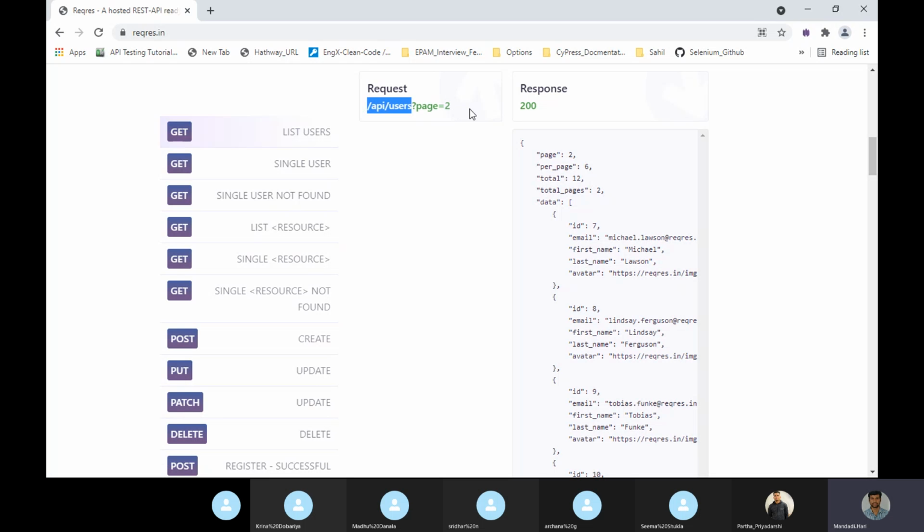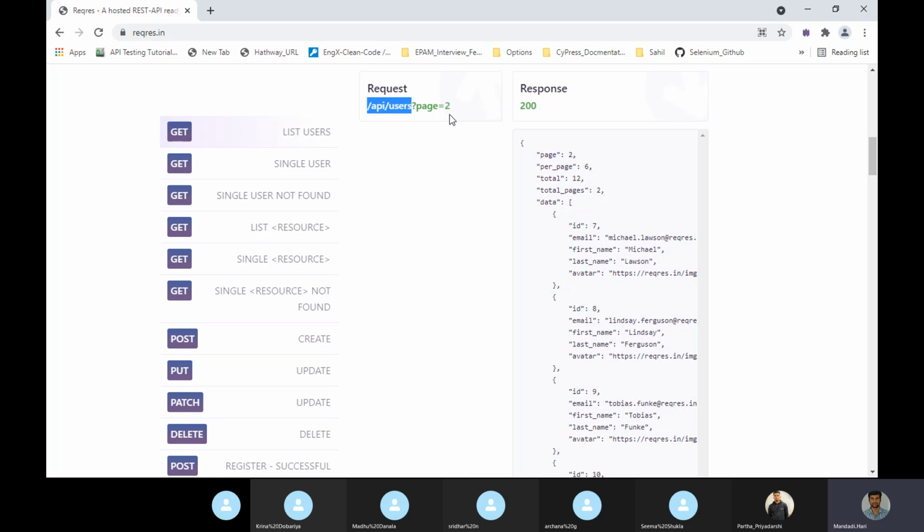I will tell you what is meant by query parameter, and there is also a path parameter. Query parameter and path parameter we can pass with our URL. This one is not part of the endpoint URL. Now I can pass page 3, page 4, page 1, whatever I need. That's why a query parameter is called filtering your values.